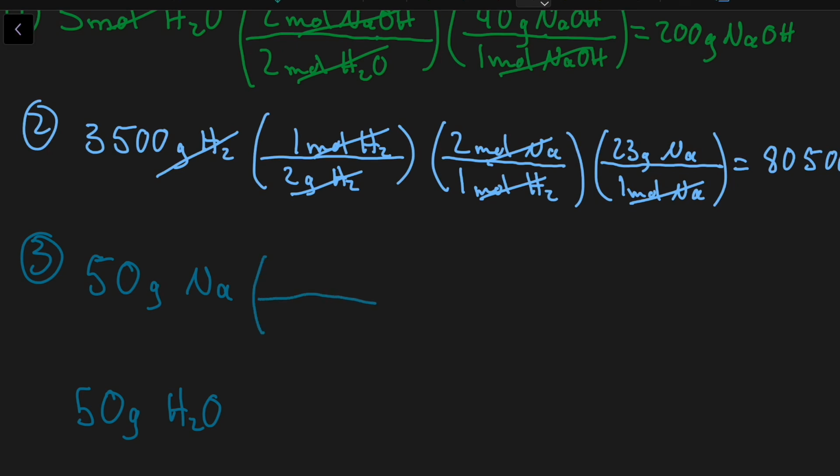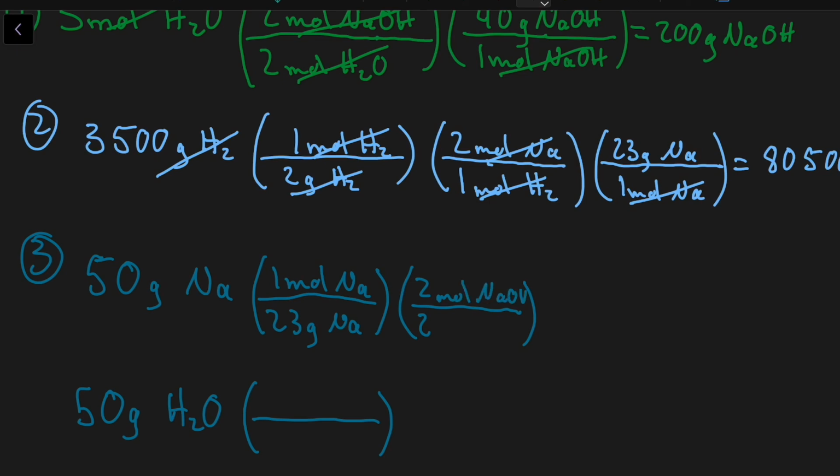So first you'll have to use the molar mass, right? Just like the one that we did before. You have molar mass of sodium. Remember that I'm using the rounded molar mass here, so it's going to be 23 grams of sodium in 1 mole of sodium. And then the mole ratio of sodium to sodium hydroxide is 2 to 2, is 1 to 1. So you can actually just, I don't want to say ignore it, but it's not going to change anything in the result, but the unit, right? All right, so this turns out to be 2.17 moles of sodium hydroxide